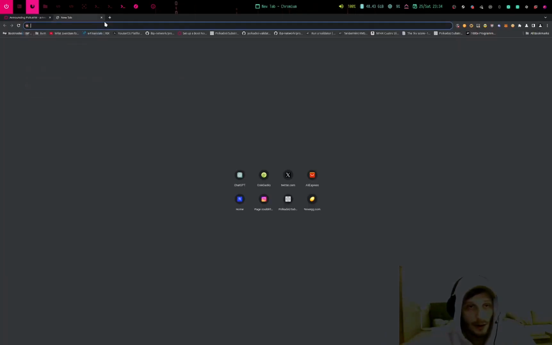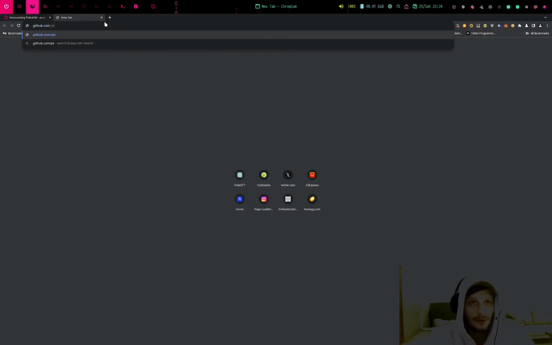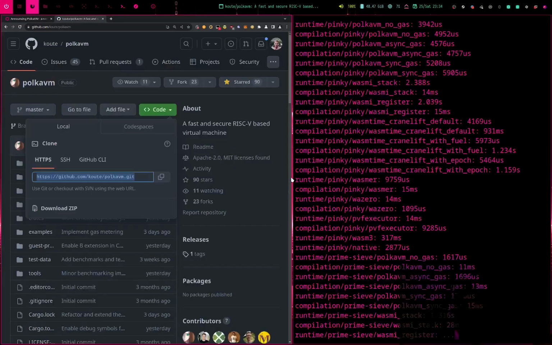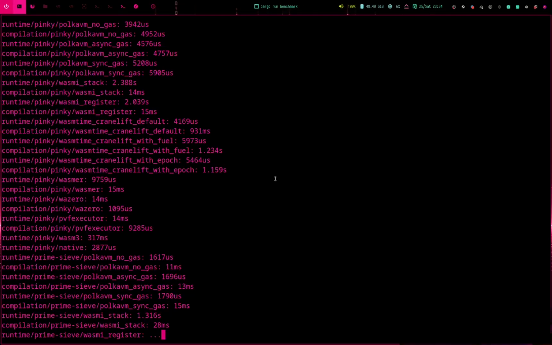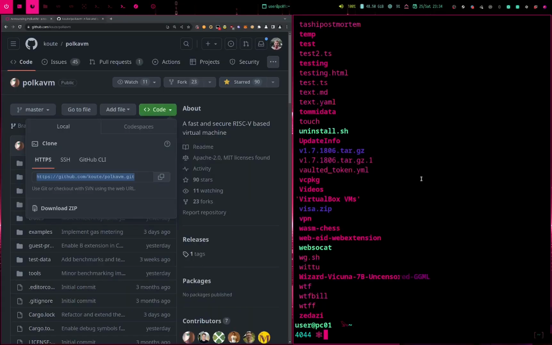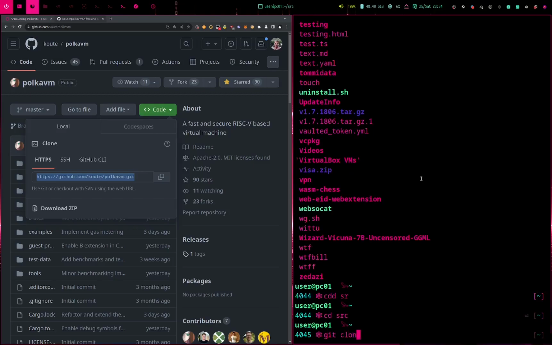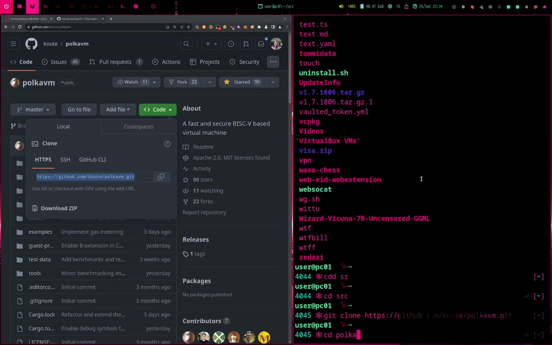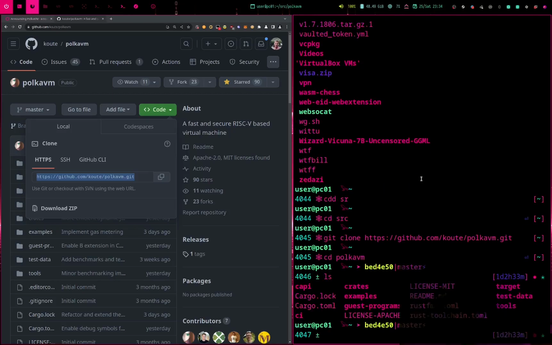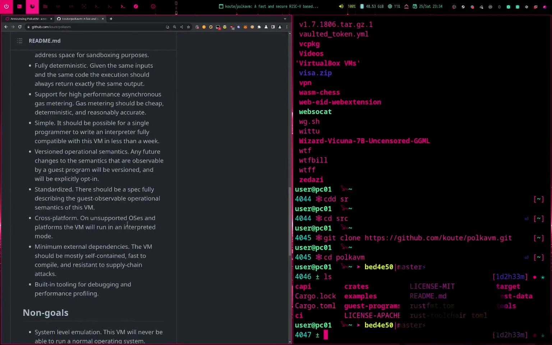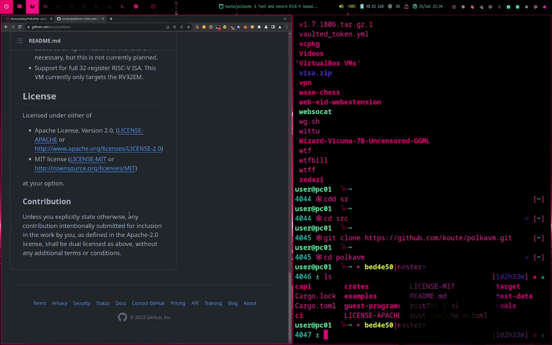So github.com, the code, PolkaVM. Okay, actually there's a benchmark going on there. So basically, let's clone it. I have already cloned it. And first thing, what do you want to do? There is no real instruction in the README. There are design goals, non-goals, and that's about it. There are not many instructions